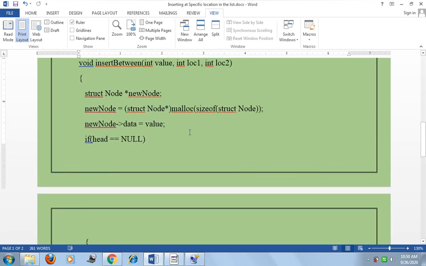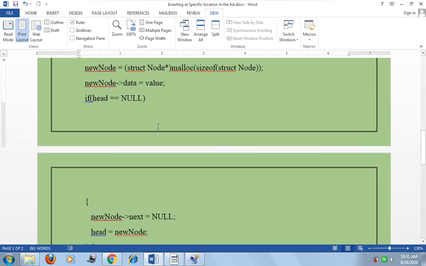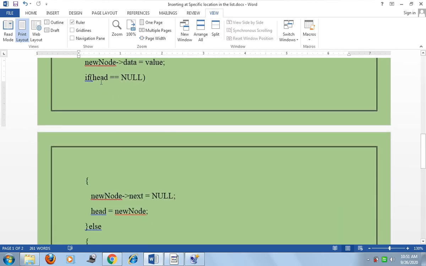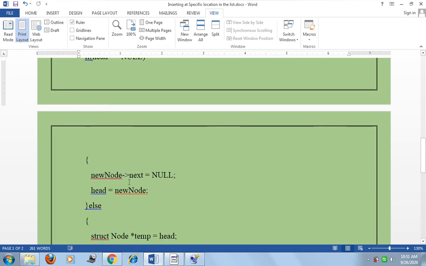Here we create a node: struct node star new node equal to struct node star malloc size of struct node. Now we assign new node's data to a particular value and check if head is equal to null, then we set new node's next equal to null and head equal to new node.